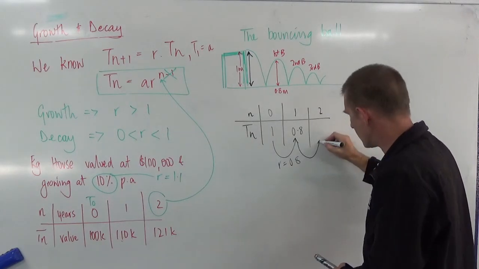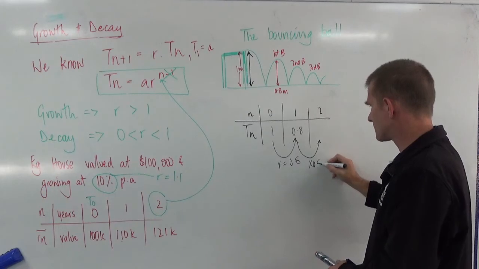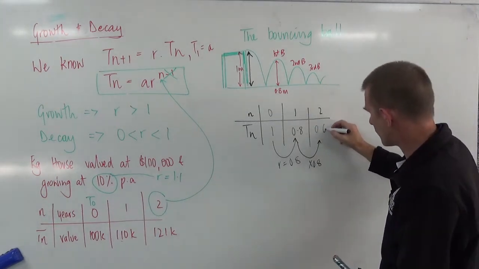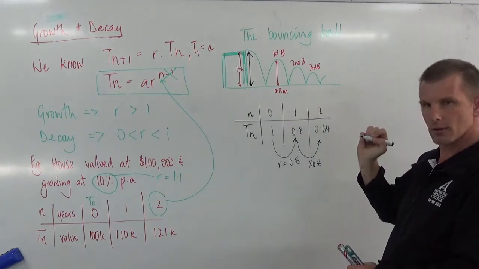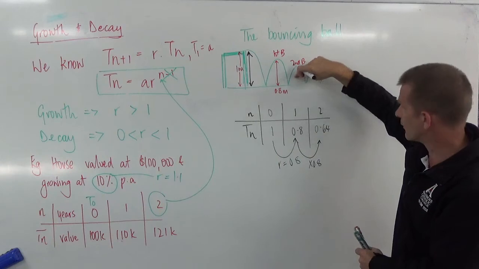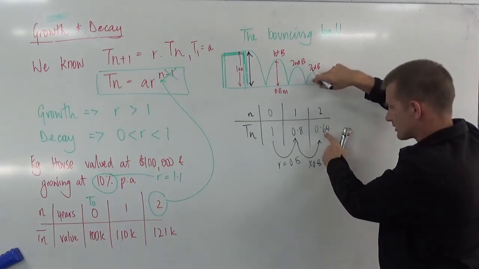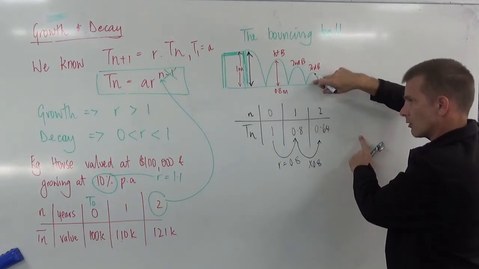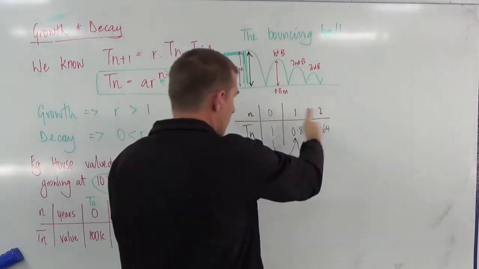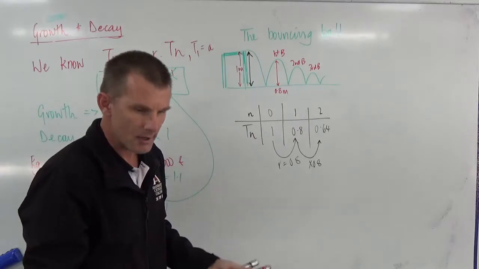The next one I would have to multiply by 0.8 again. Then what I'm going to get is 0.64. Okay? And onwards. So the next bounce, this would be 0.64. This would be 0.64 times 0.8. Okay? Now, once I've got some figures like that, then the question might say,